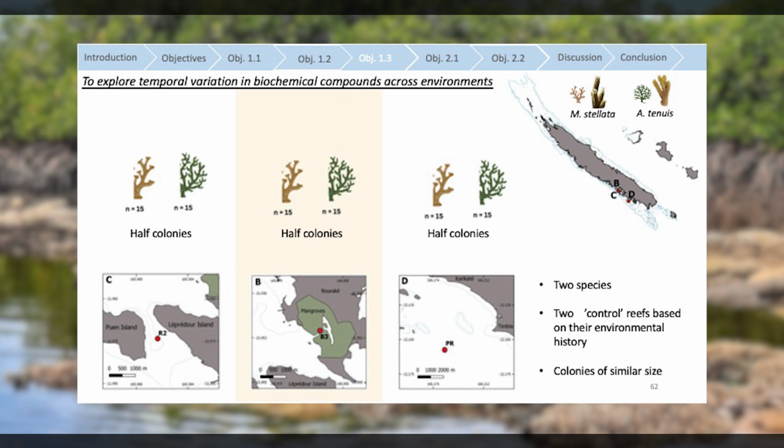So R2 is closer to Burake. It's kind of a semi-enclosed reef. It's more open compared to Burake, but no. And the R1 site is actually on the other side of the island. So they are in the same area, basically. One is on the internal part of the island, and the other one is on the southern part of the island. Okay, so it's a very nice system, I feel, because you have the Burake, which is extremely variable,